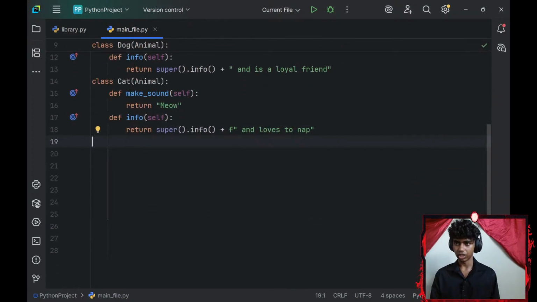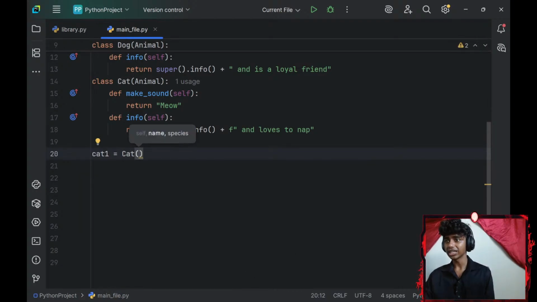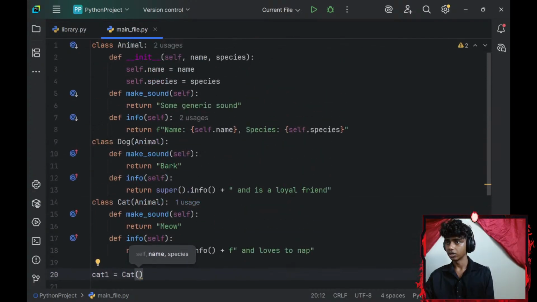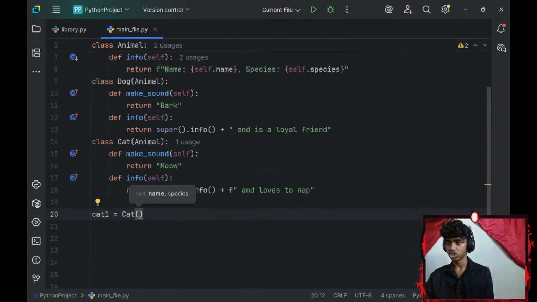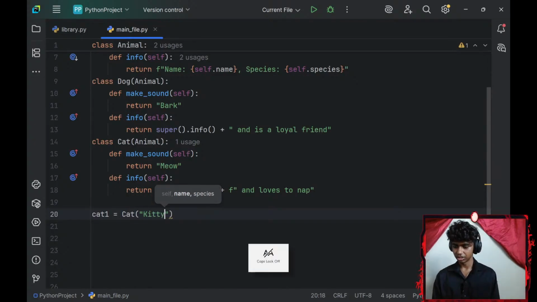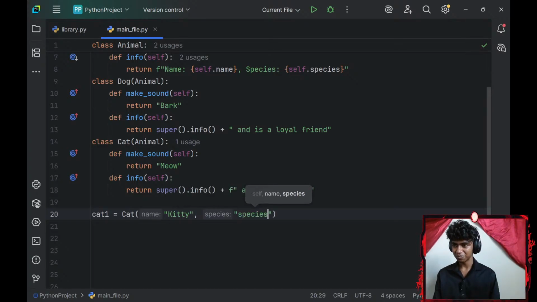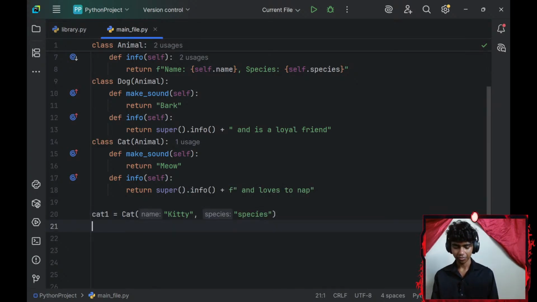Let me go ahead and create our cat1 equals to our cat class. Okay, so our cat class needs a return statement. Actually, it inherits our name and species, so let's go with some kind of name. Let's go with kitty and species. Oh my gosh, I am a cat lover. I don't know. Species maybe. Okay, and then